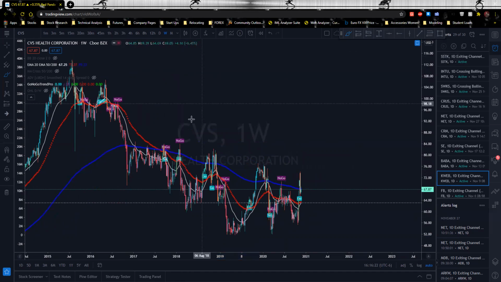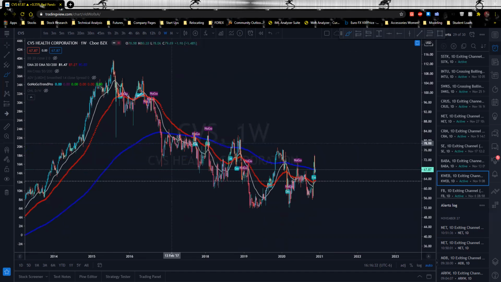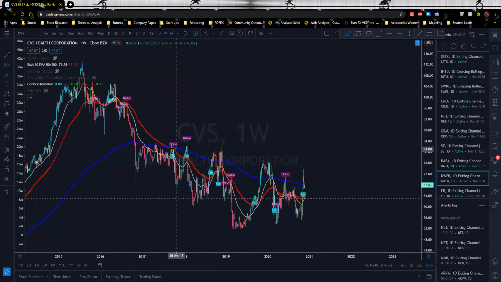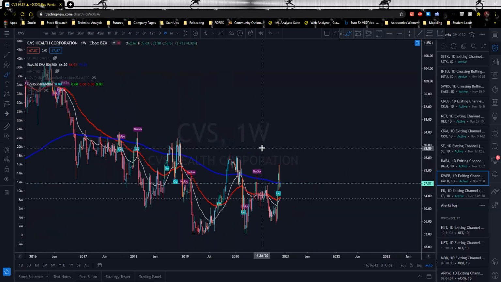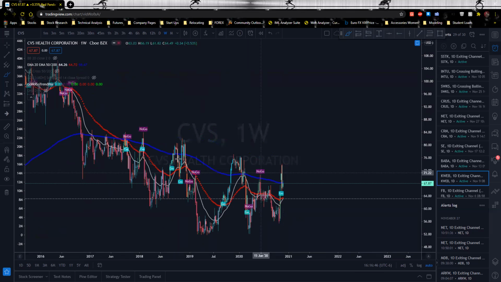So let's put out some things. Again, as I said, when the 200 crosses the 50, that's when you know you're in a clear downtrend. Of course, it crossed here, but clearly we knew they were in a downtrend around here. Remember, sometimes your indicators kind of lag. But in this case, we can see that it's now moving a little sideways